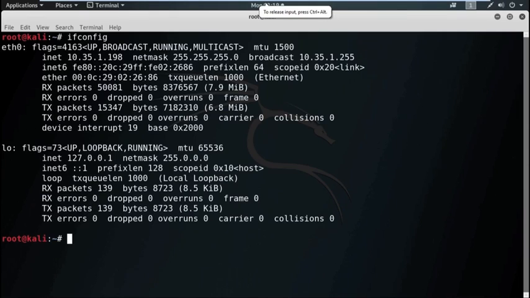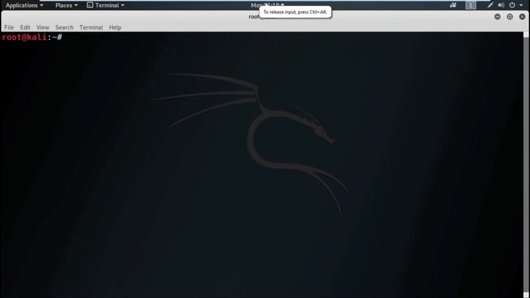Now, from the attacker machine, first we need to